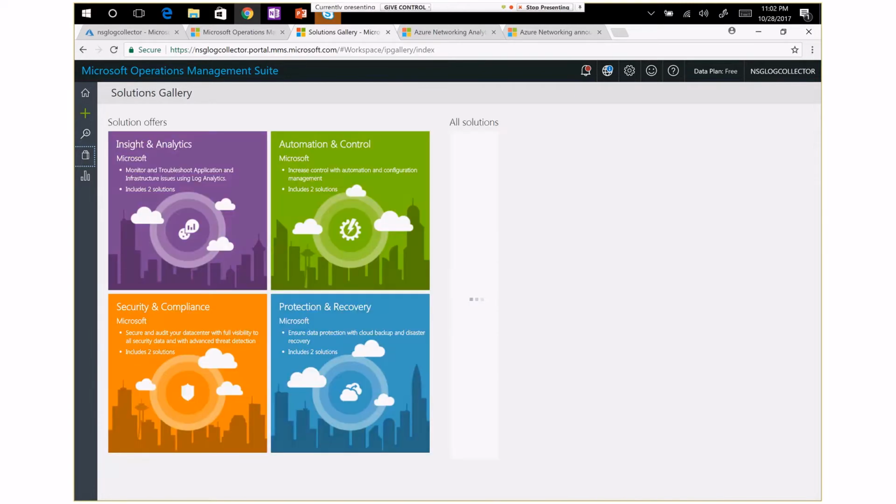Everyone is familiar with the OMS dashboard, because now everyone, instead of maintaining the logs or monitoring things, is moving into OMS, because it has a lot of capabilities to understand your workloads, your availability, security analytics, everything. It keeps loading.